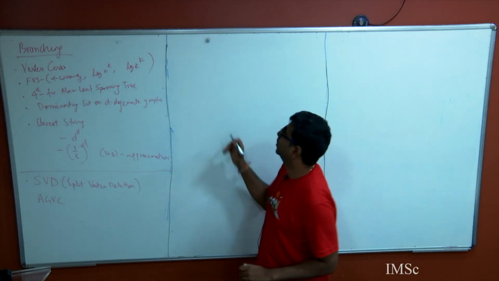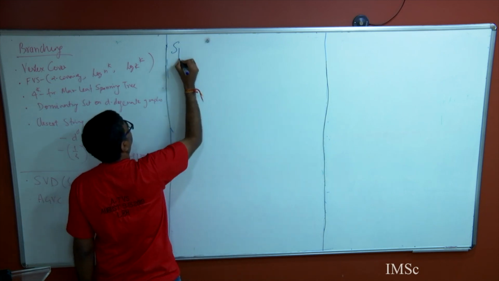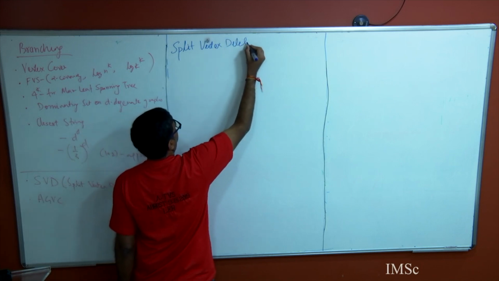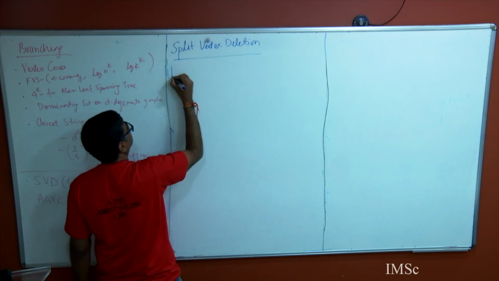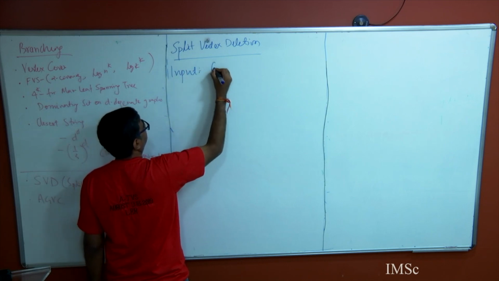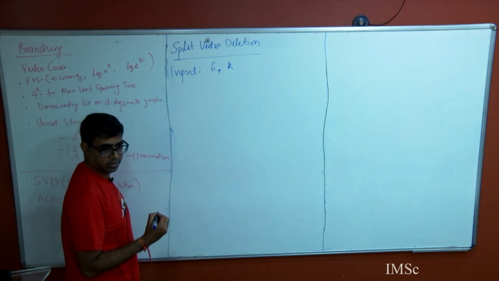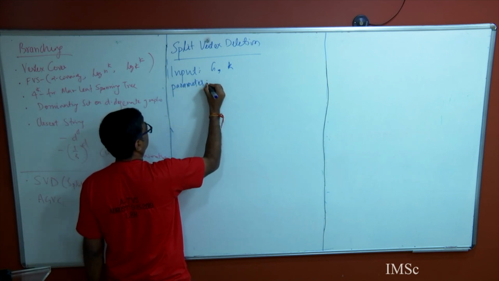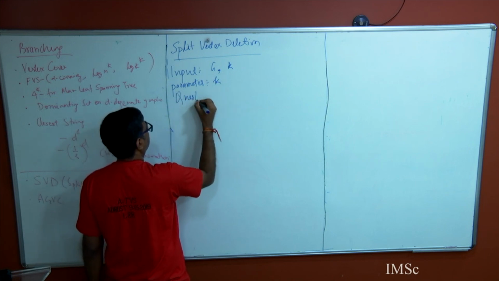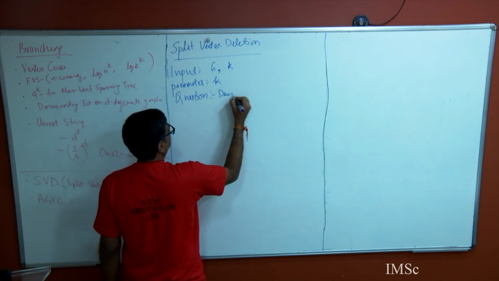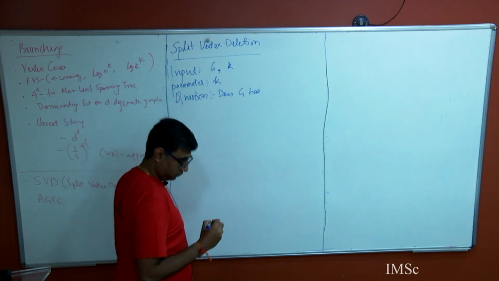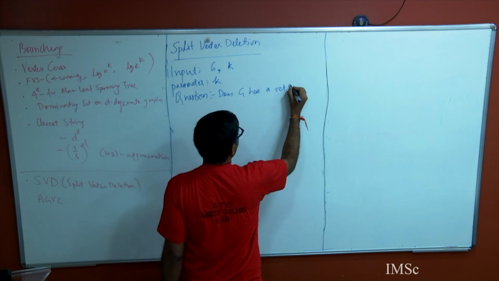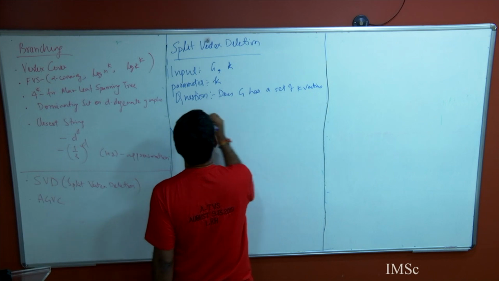So what was the split vertex deletion algorithm? Input is G comma k, and the question is whether G has a set of k vertices whose deletion